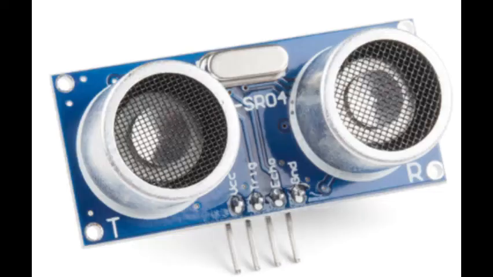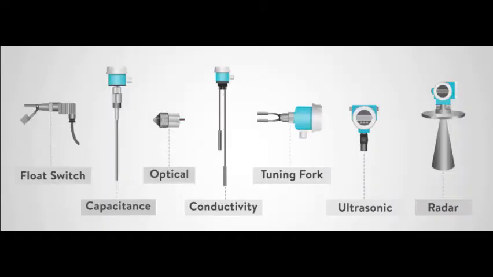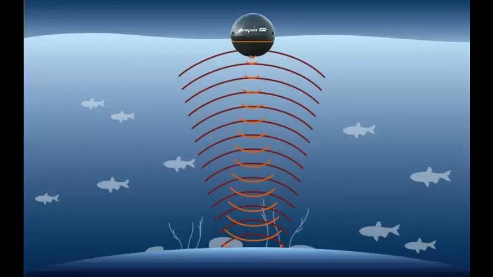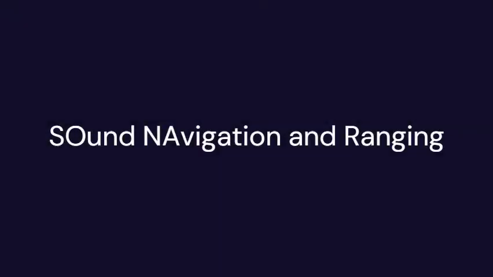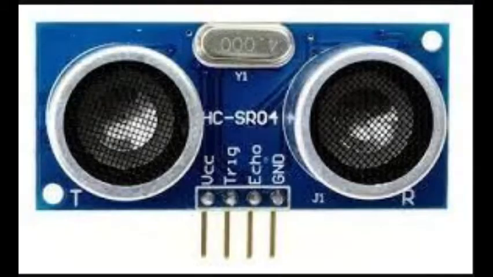Next, these ultrasonic sensors are used in our daily lives. They have many uses: they are used in level sensors, and also in detecting the distance below sea level, which is called sonar, sound navigation and ranging. You could also make many projects using ultrasonic sensors with Arduino and use them in home automation and many other projects.